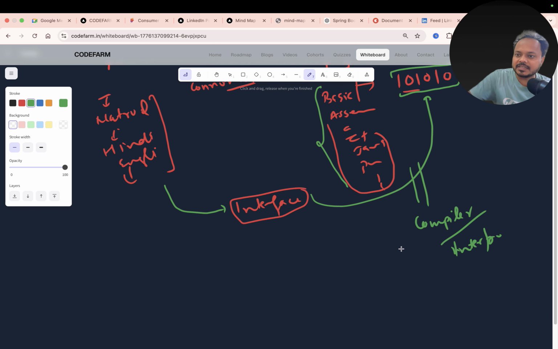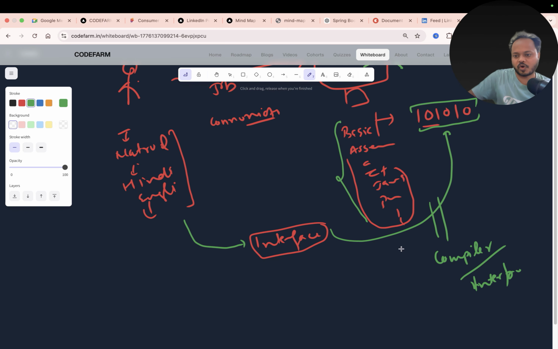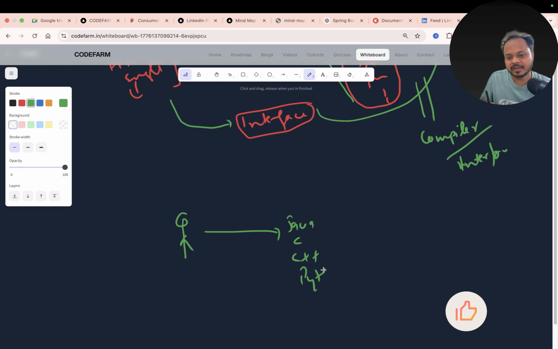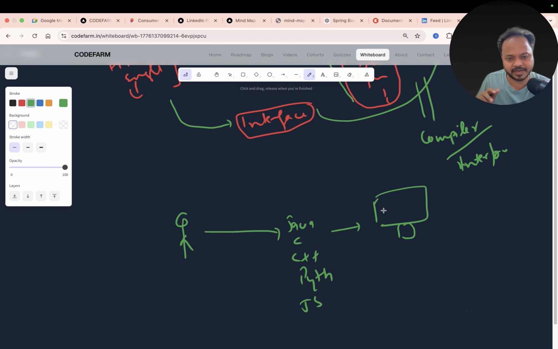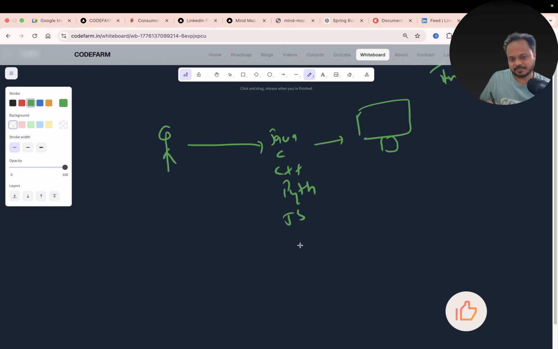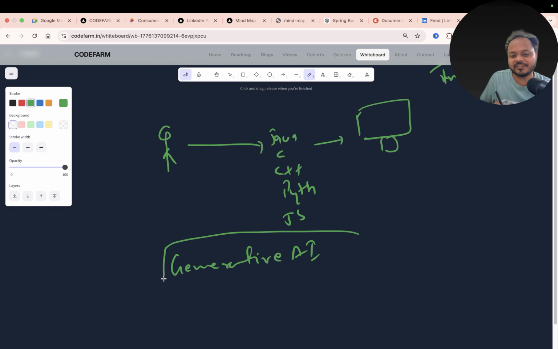Now let's take a step back. As humans we have these Java, C++, Python, JS, these things, and they are a way to go to the computers and get any task done, right? So natural language is not going to help. Now the recent ecosystem, generative AI, is paving the way for this new discussion that I'm trying to build here, right?